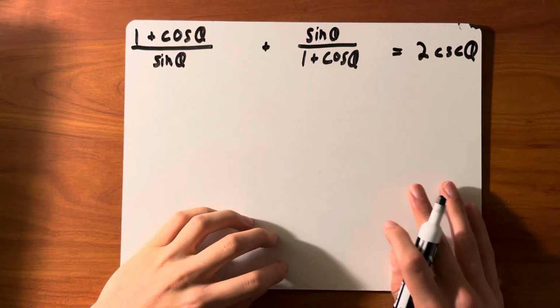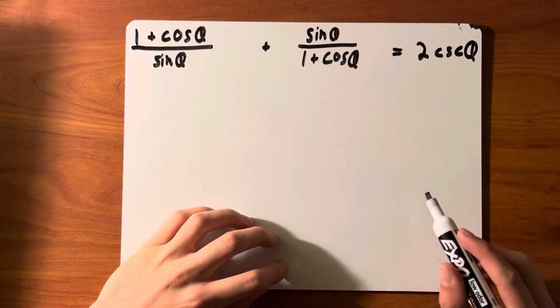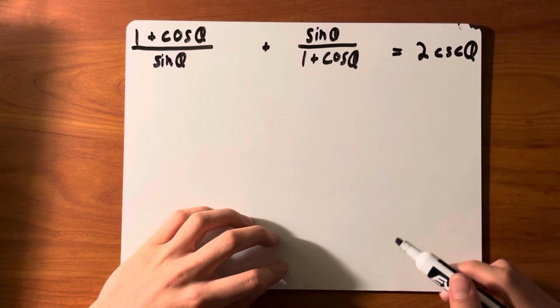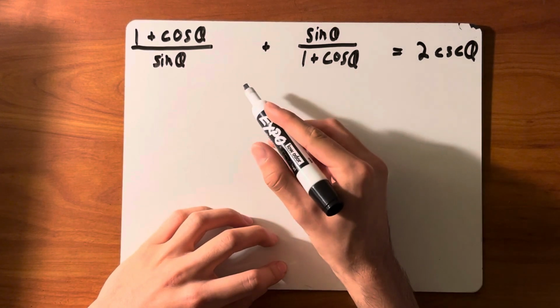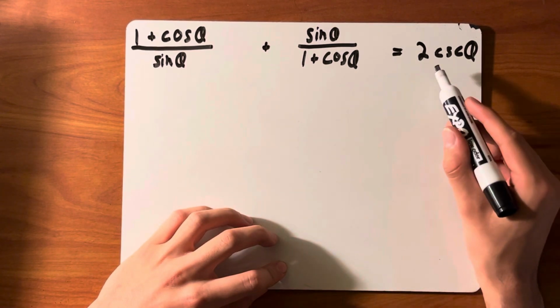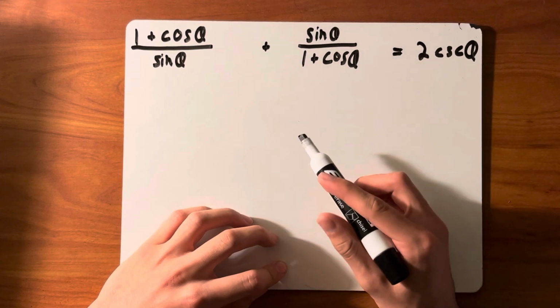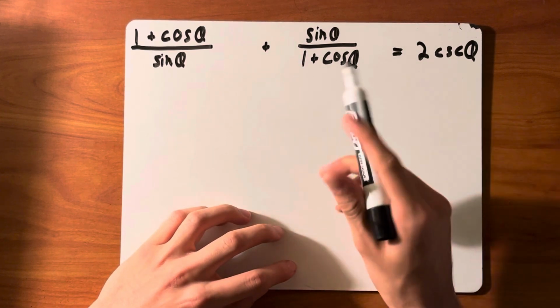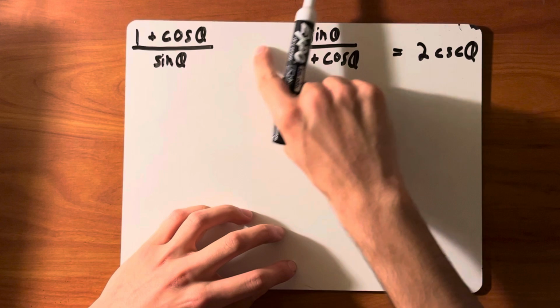Alright, so we've got a trig verification problem here. What we're going to have to do in order to verify this is to take this side and change it in order to get it equal to the right side. So what we're going to do first is make a common denominator out of both of these,